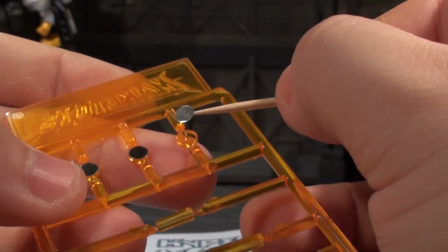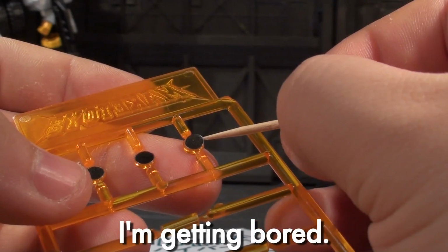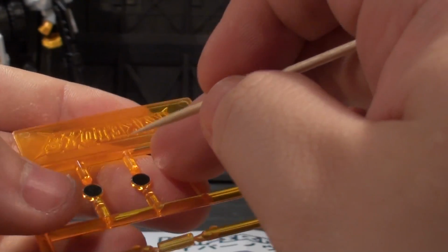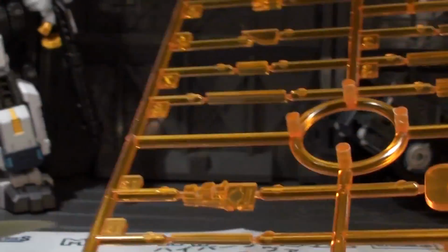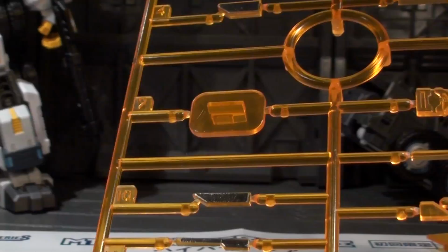This is actually, so far, a pretty pleasant experience. For the purposes of this build, I'm just going to be doing one of the wings on screen, because both wings are pretty much just mirror images, and I don't think you just want to watch me do the same thing twice, so...